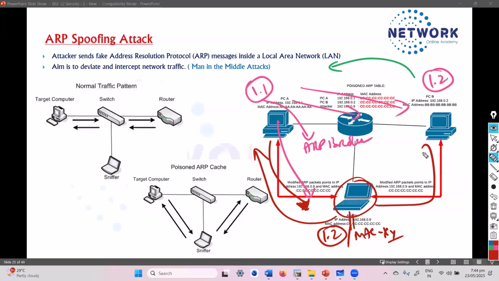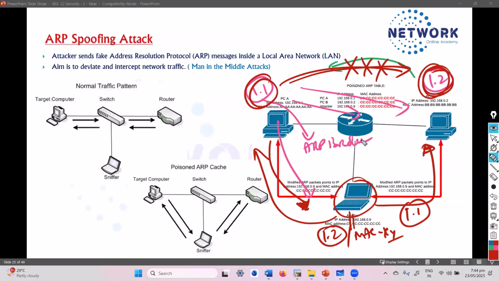The attacker will simply redirect the traffic, saying that I am 1.1, and he will try to communicate with 1.2. Most likely the communication which is supposed to go directly between 1.1 and 1.2 is not going directly. It is going via the attacker, which is introducing something called a man in the middle attack.